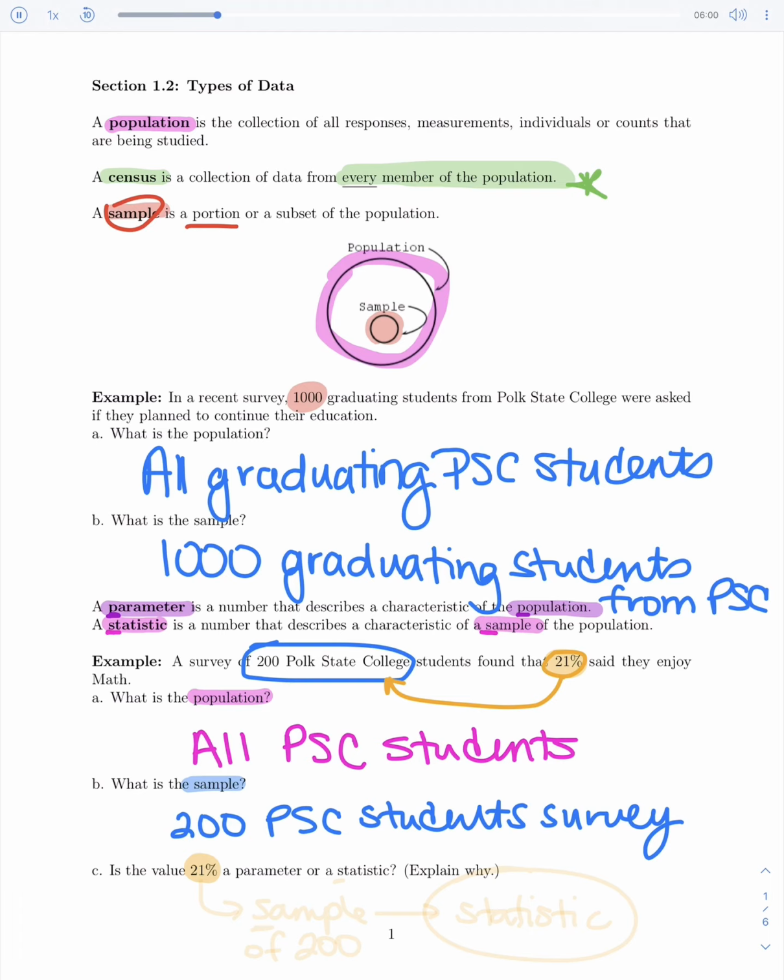Because it only referred to the 200 from the sample, that means S for sample is going to match up with, it means it's going to be a statistic. And that's because, again, the 21% only describes the sample of 200. So that's why we're going to call it a statistic and not a